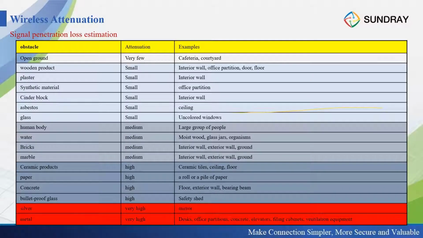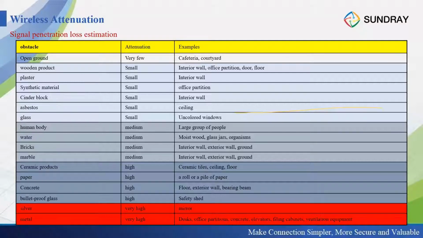So this is the penetration loss estimation for the different materials. The highest one is metal. For example, when you go into an elevator, definitely there's no Wi-Fi signal, and also no mobile phone signal, like LTE, right? It's the same because metal can almost block all the